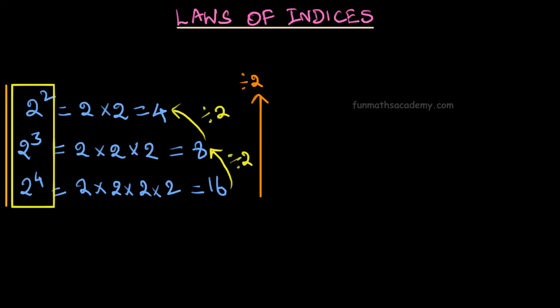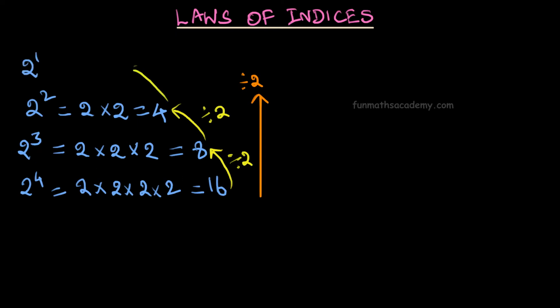Now, check out the powers of 2 here. The power of 2 is decreasing. That is, we get 2 power 4, 2 power 3 and 2 power 2. Now, continuing this pattern, we will get 2 power 1 next. Likewise, when we divide by 2 in the right hand side, we will get 4 divided by 2, that is 2. Proceeding further, on the left hand side, we get 2 to the power 0. And on the right hand side, when we divide 2 by 2, we will get 1.